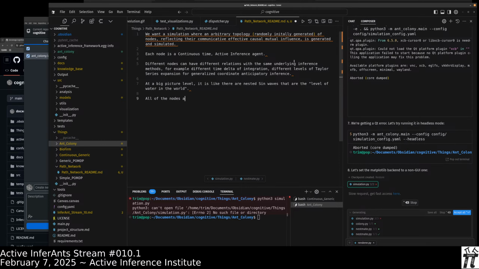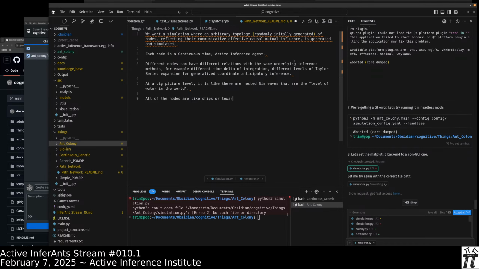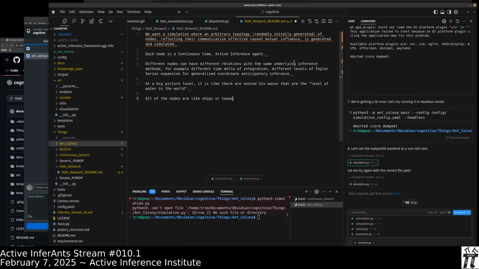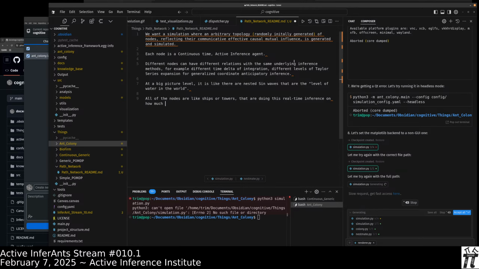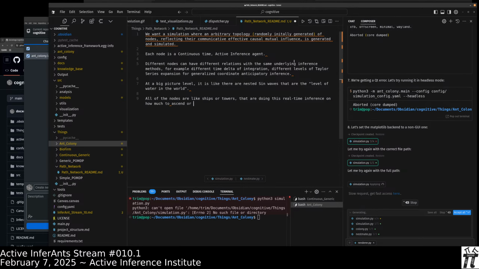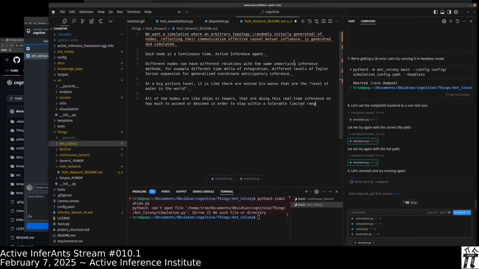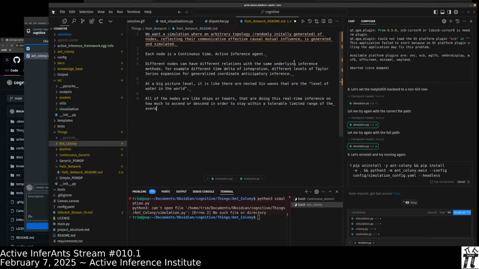All of the nodes are like ships or towers that are doing this real-time inference on how much to ascend or descend in order to stay within a tolerable limited range of the overall sea level, which floats all boats.